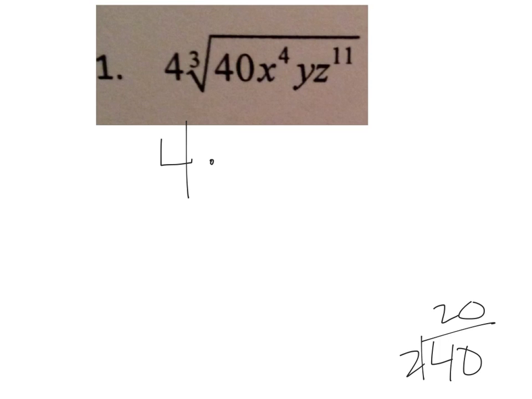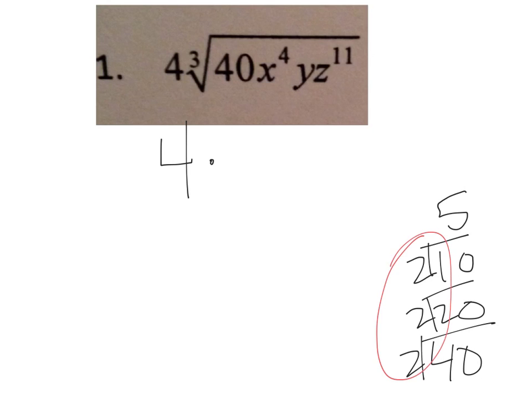It's divisible by 2. It gives me 20, which is divisible by 2. Gives me 10, divisible by 2. Gives me 5. I can see that I have 3 factors of 2, so that's going to go out front and leave me with a 5 inside my radical. So my 4 will still be out front, and I will have 2 cube roots